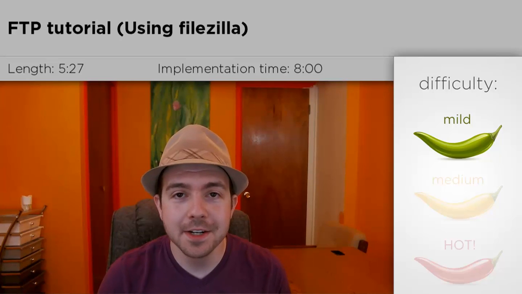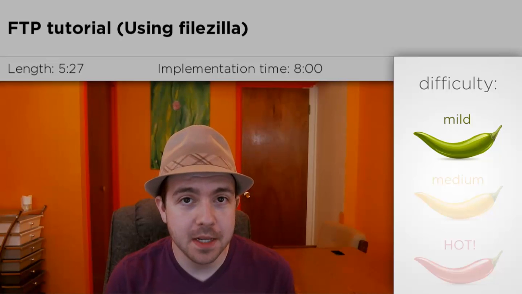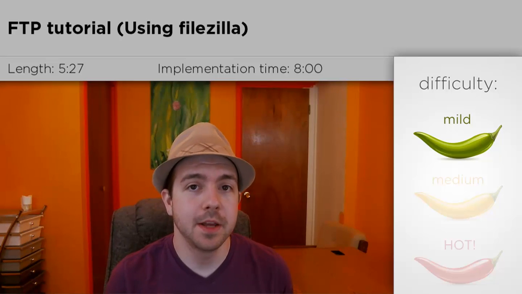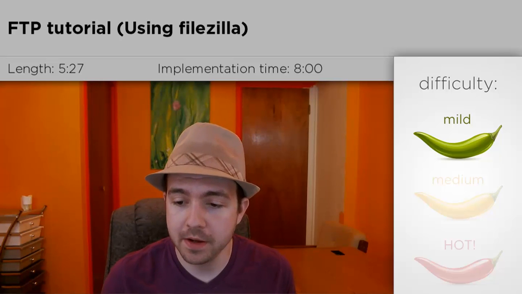Hey, today I'm going to show you how to use Filezilla, which is my preferred FTP program, and I'm also going to explain what FTP is in case you don't know. So I'm going to pull up Filezilla real quick,